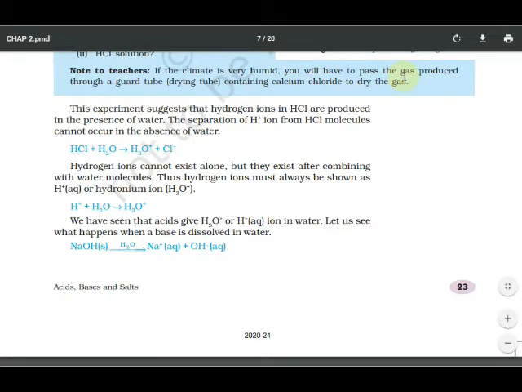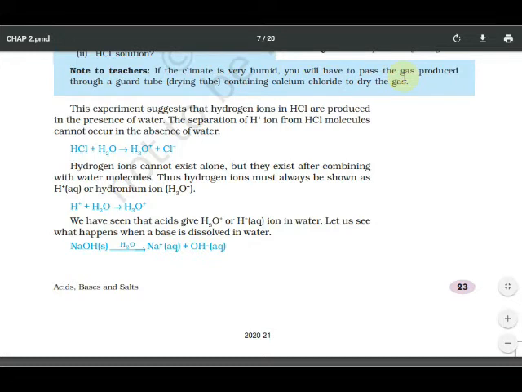Let us see what happens when a base is dissolved in water. Now here, HCl was taken, it is an acid, hydrochloric acid. Hydrochloric acid plus H2O gives H3O plus and Cl minus. We have seen that now. Now we are going to see